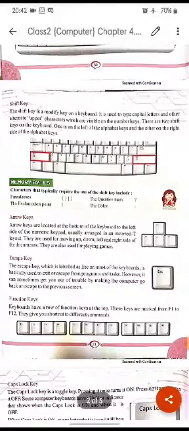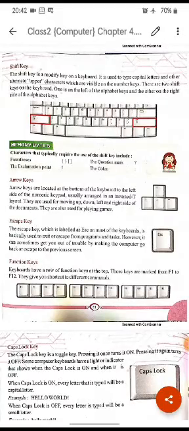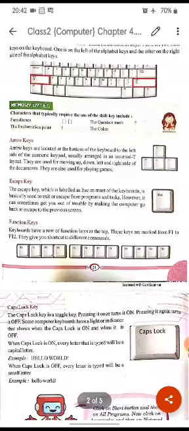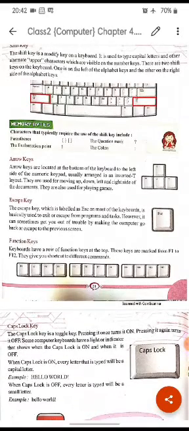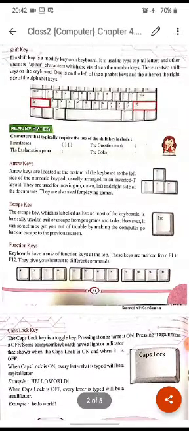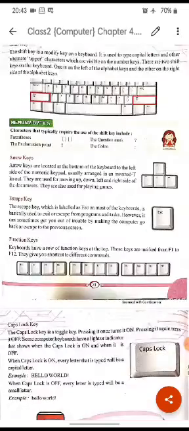Next, here are some characters and their names. So brackets in computer are known as parentheses. Here are brackets and these brackets in computer are known as parentheses. The exclamation point, we all know that this is the exclamation mark, and in computer also this is known as exclamation point. Next is question mark. We all know about question mark. We write it after writing a question. Colon. The double dot here is colon.